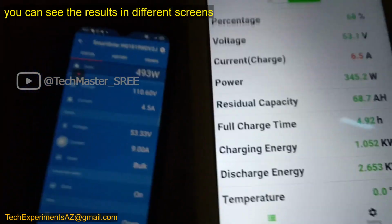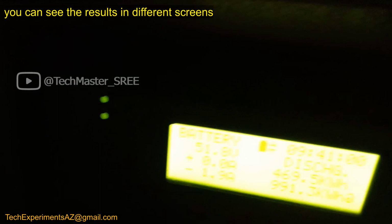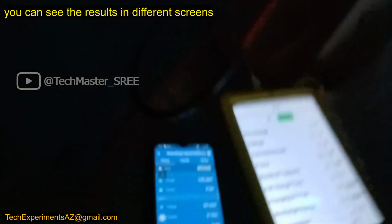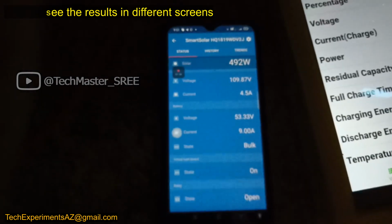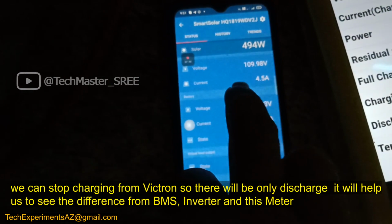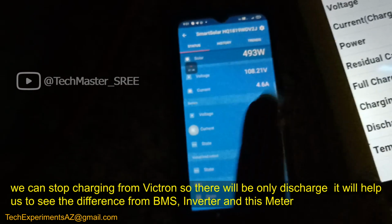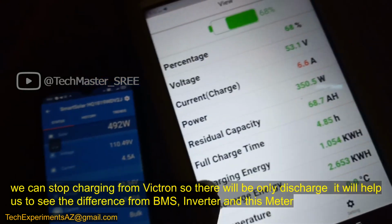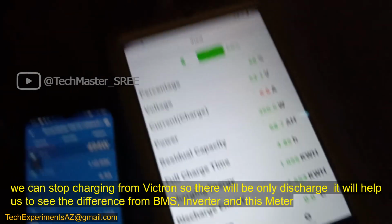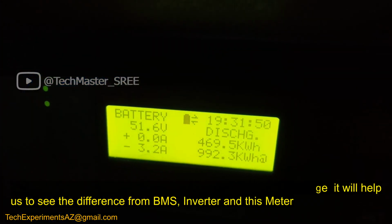This is the Victron app, and on the right side you are seeing the BMS app. This is the inverter screen. From the inverter it's taking around 2 ampere. Now we can stop charging from Victron. That means from the inverter I am not charging from grid, so only Victron is charging this battery. So when I turn off the Victron, or turn off the solar, we can see 3.2